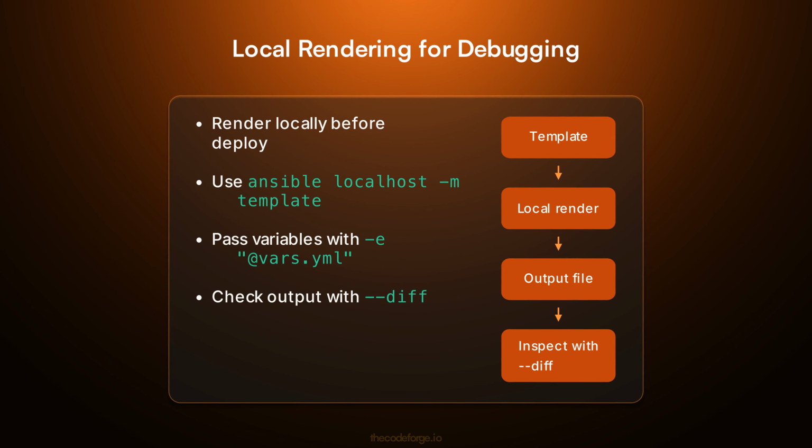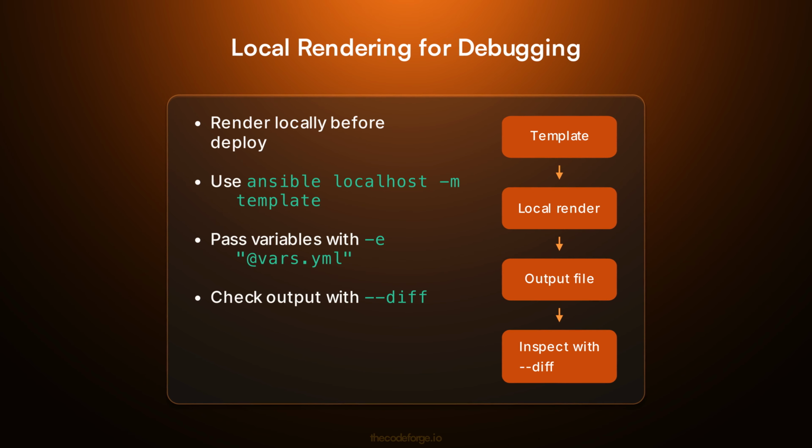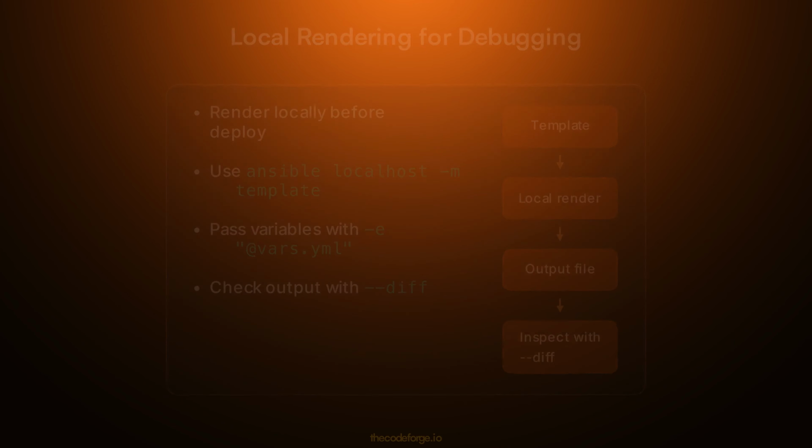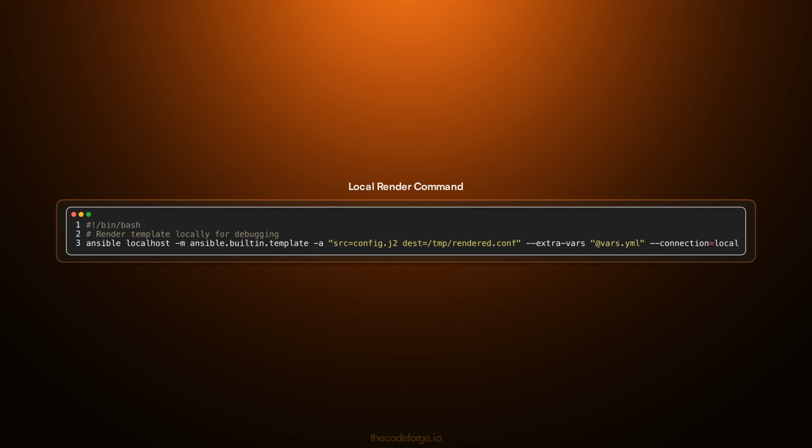Before deploying a template to production, render it locally to verify output. Use the Ansible command line with the template module and pass your variable files. This catches errors early without touching remote hosts. This script renders config.j2 with variables from vars.yml to /tmp/rendered.conf. Use diff to see the output. For a quick check without writing a file, use ansible localhost -m debug -a msg equals lookup template template.j2,